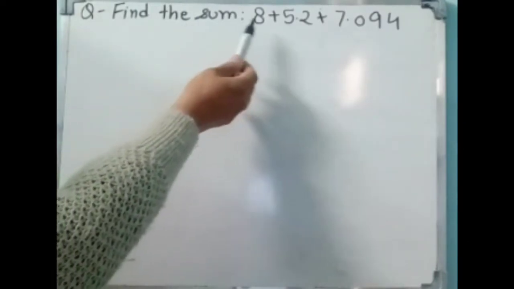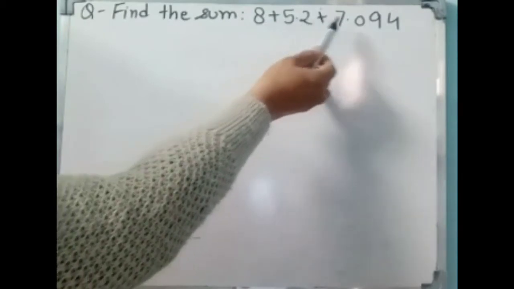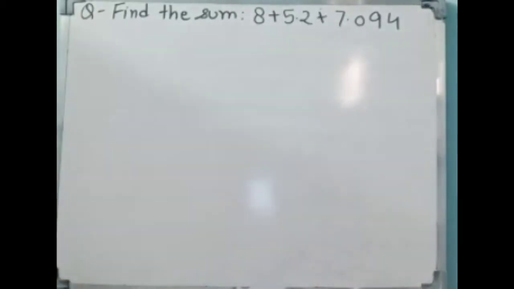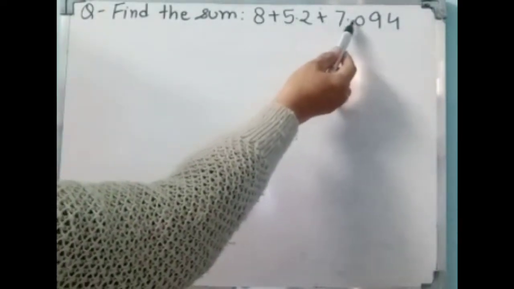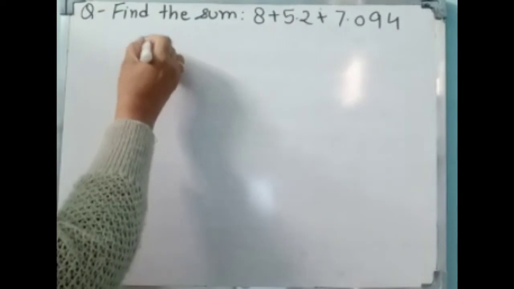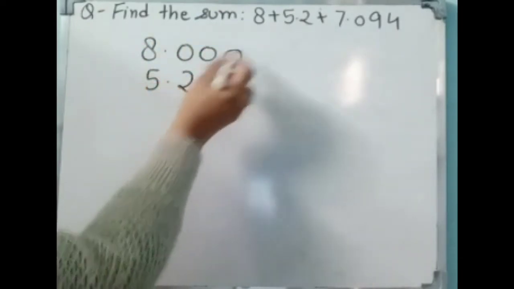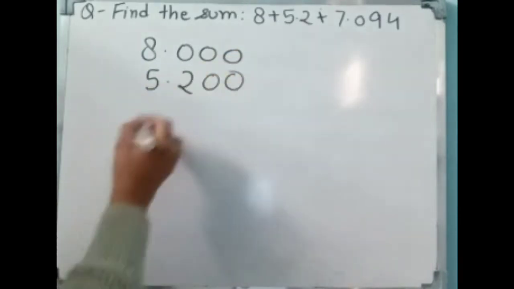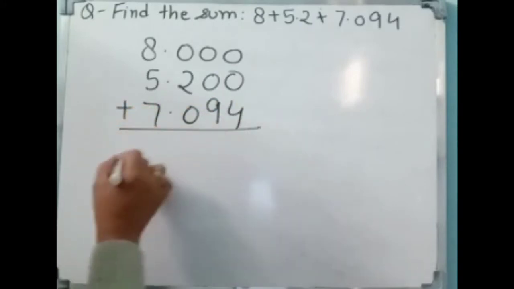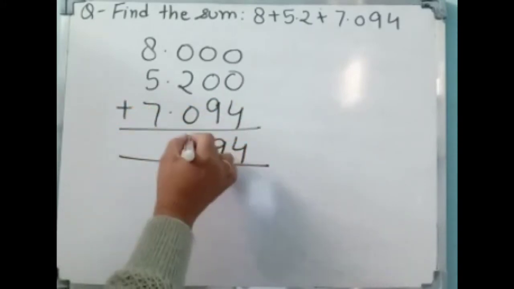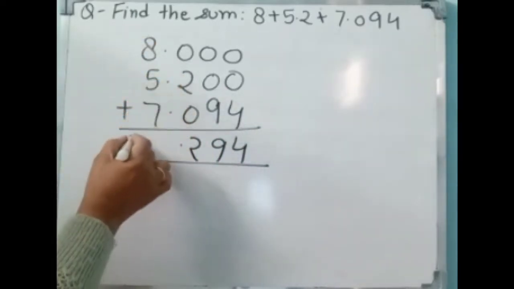Find the sum of. Sum means we have to do addition. But here we have a whole number and two numbers in decimal form, or they are unlike fractions. So first we have to make them like fractions. After decimal we have 3 places, so here you put 3 zeros after decimal. Then after decimal we have only one digit, so put 0 here. Here we have 3 digits. Now do the addition. 4, 9, 2, 8 plus 5, 13, 20.